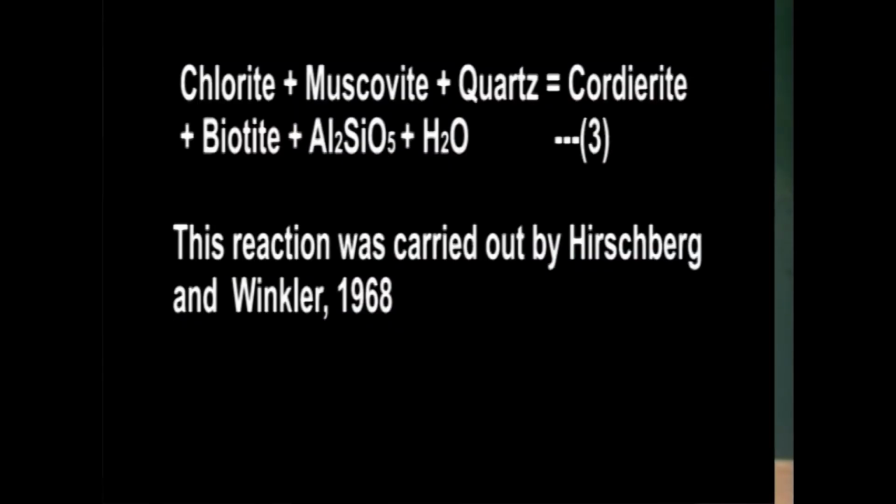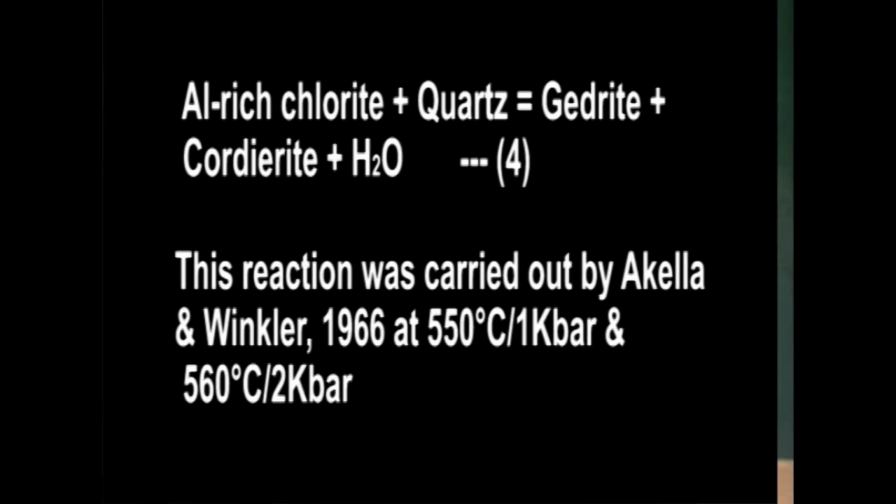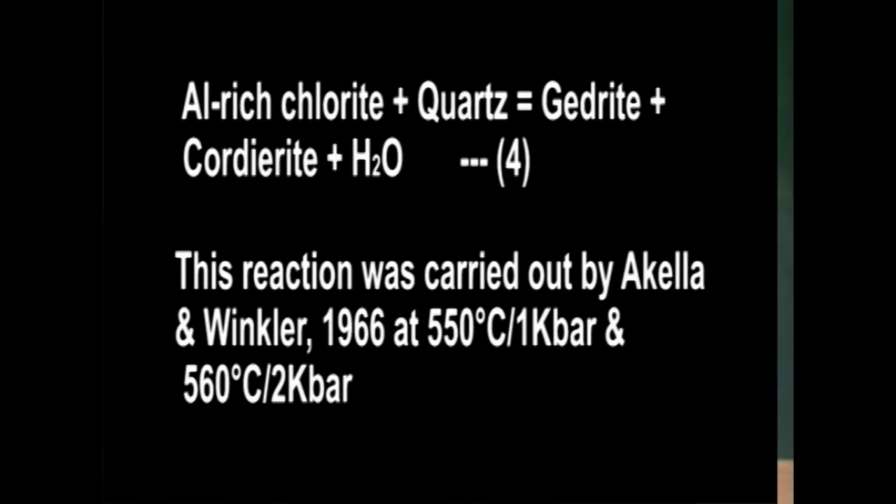Upper temperature limit. The upper temperature limit can be shown by the following reactions. Reaction 1, chlorite plus muscovite plus quartz give rise to cordierite plus biotite plus aluminosilicate plus water. This reaction was carried out by Hesberg and Winkler in 1968. Another reaction is Al-rich chlorite plus quartz give rise to gedrite plus cordierite plus water. This reaction was carried out by Akella and Winkler